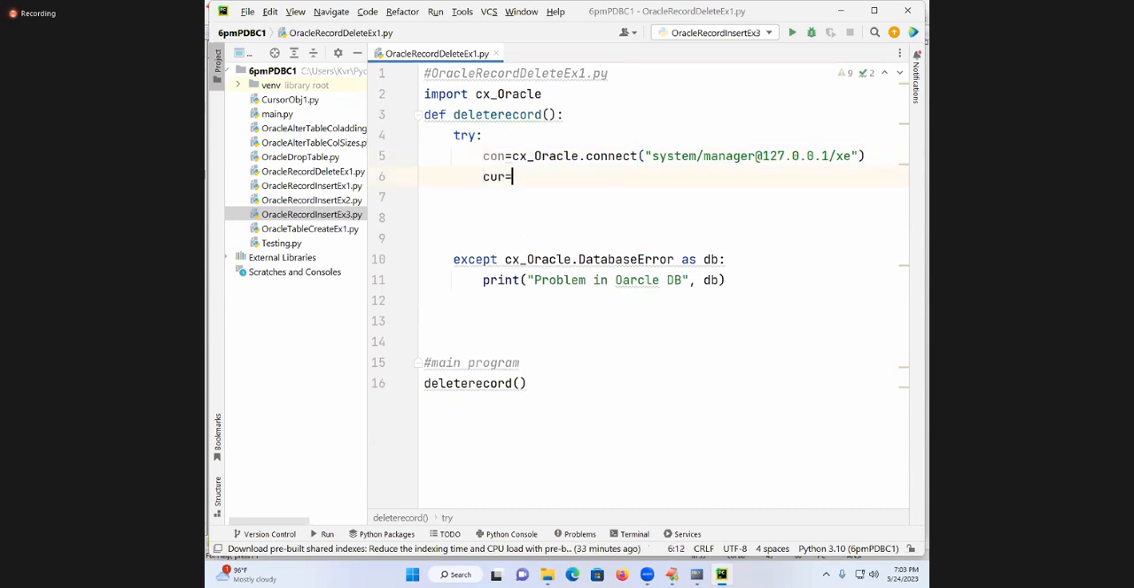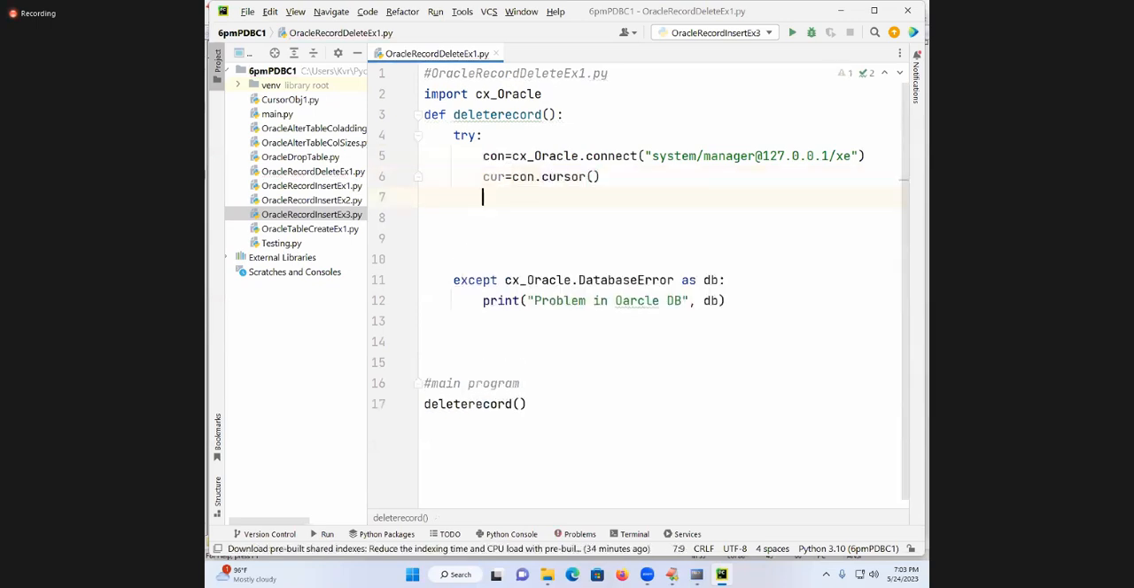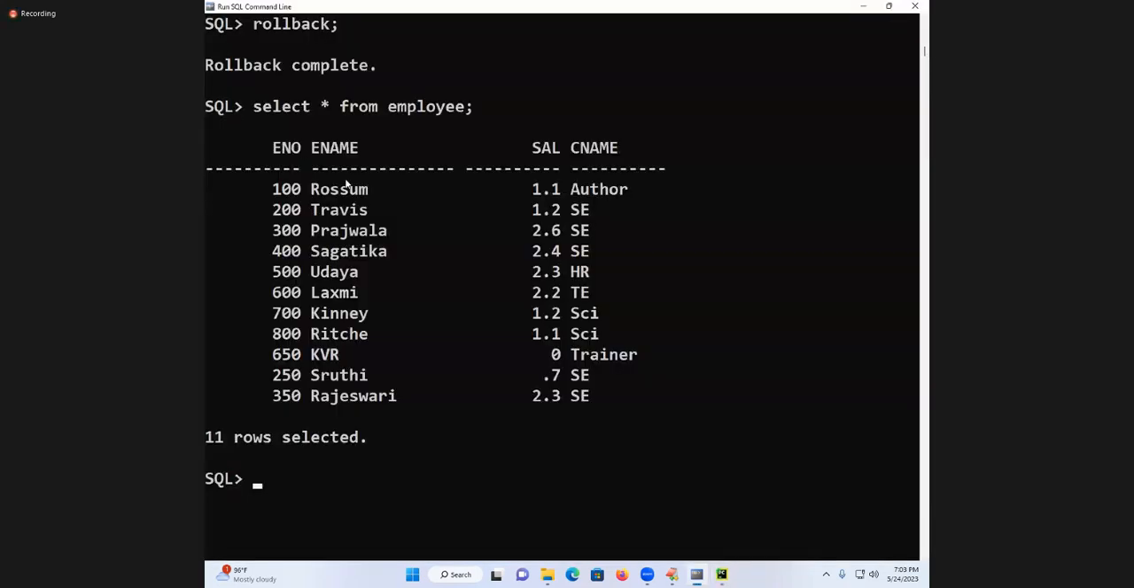Cursor object is equal to con.cursor(). Con dot what? Cursor. Tell me next. Create the query and execute. Can I write directly? Come on. cur.execute of delete from employee where empno. What is my column name there? eno. You have to pass it carefully. eno is equal to